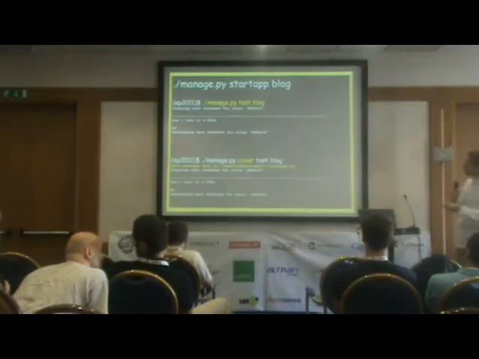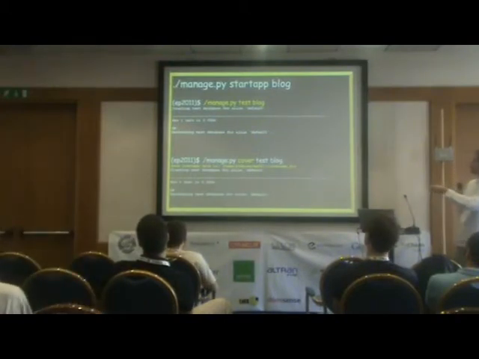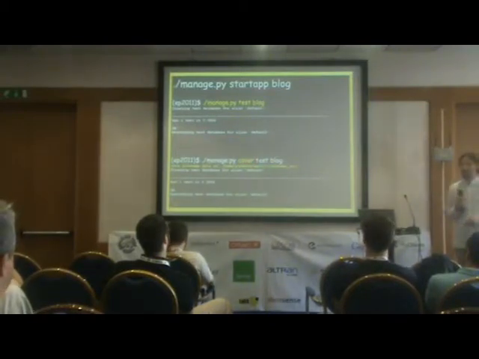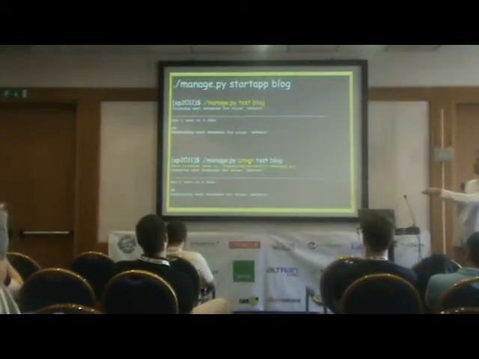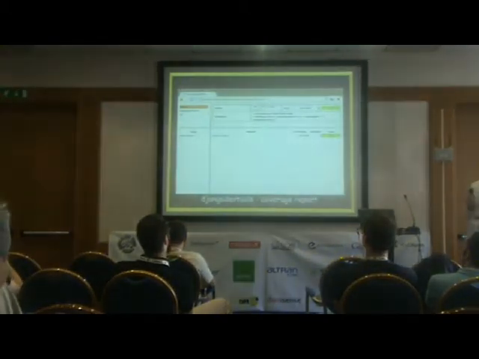Now let's start, because I want to show you that when you run the tests of your application, for example we start an application called blog, Django installs one test. But we can use cover before test to have the coverage of your unit tests in your application. That's because we installed Django DevTools in the environment before. In the next slide, we can see the output of the coverage.